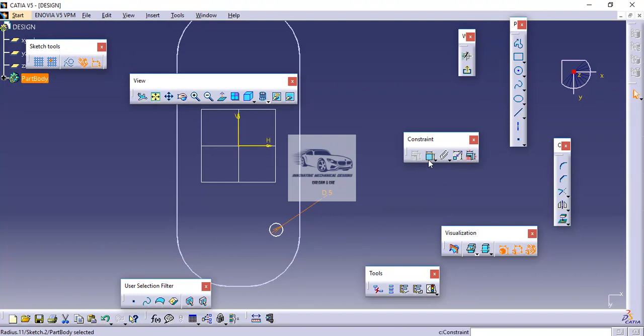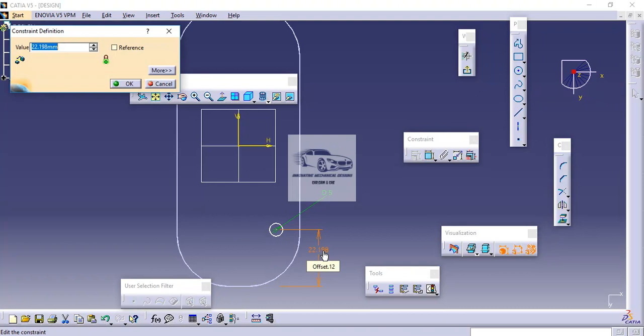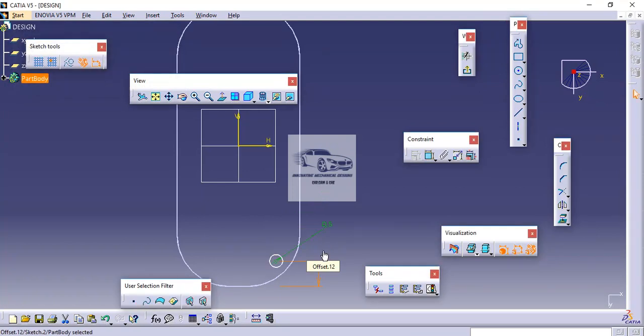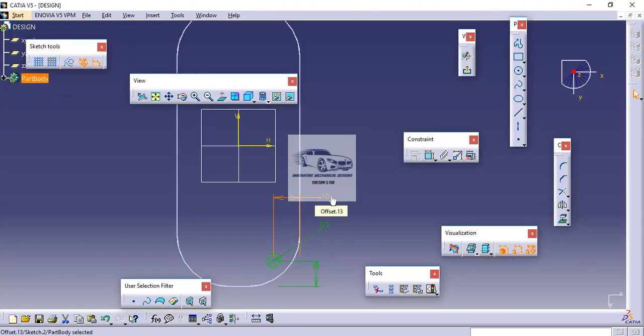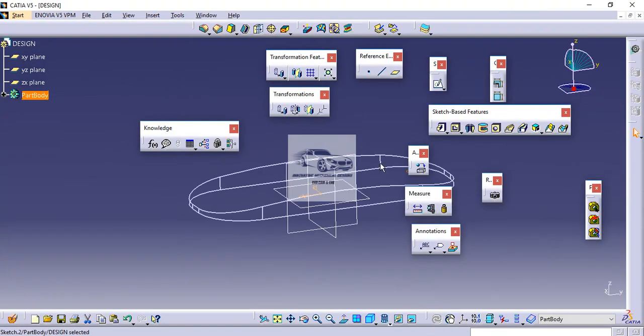Next we have to define the position of the hole. As per the drawing, from this particular edge, the horizontal center distance is 10, and from this bottom edge again it is 10. Now we will exit.